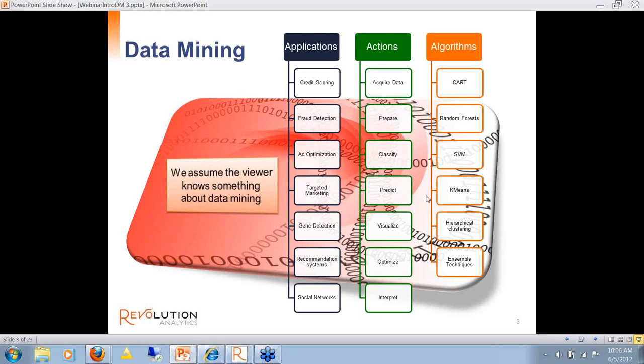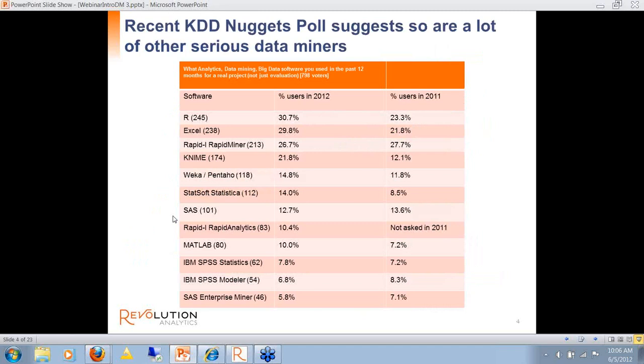And then there's the algorithm part. What algorithms do you use in order to build those models? That's where we're going to focus today, on algorithms. And we're assuming that you know something about data mining. It doesn't have to be a lot, but enough to provide you with a context. And this idea of having the right context, I think, is the trick.